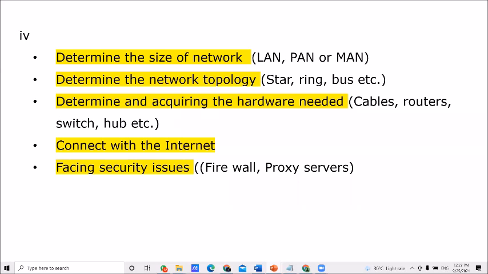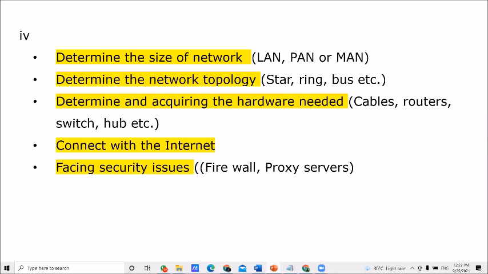If you have only a one-building organization, then a local area network is super. Once you identify the type of network, then think about the network topology. Which topology are you going to use to establish your network system? This topology may be star, ring, or bus. In that way, you want to determine the topology.